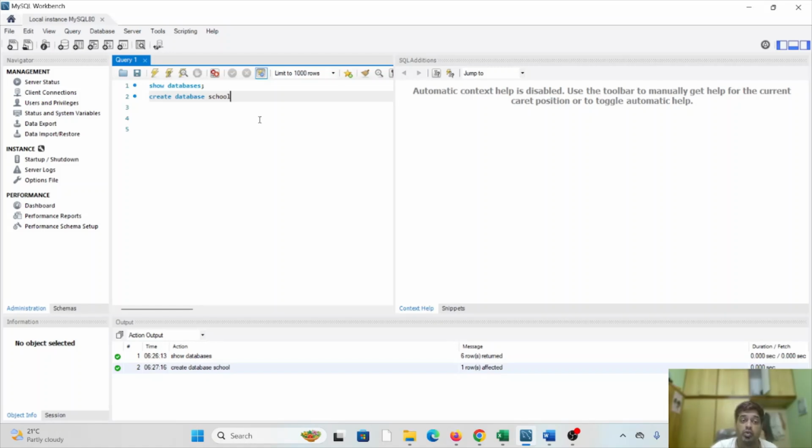Okay, so this is how you can create the new database in MySQL using the command create database space the name of the database which you want to create, whether it can be school or employees or whatever, maybe whatever the type of the database you want to create. Okay,